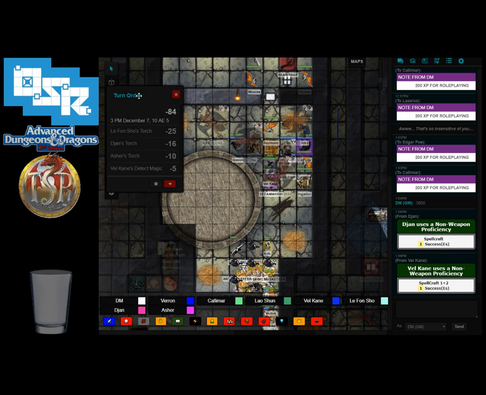All right, so that's the end of that round. So time now is 4:24 p.m. December the 7th, 10 AE5. Leifon Show, Dion, and Asher have torches. Vilkane's Detect Magic still has 4 rounds left at the end of this round. Laoshan's Orison has 4 rounds left at the end of this round. And first up is...